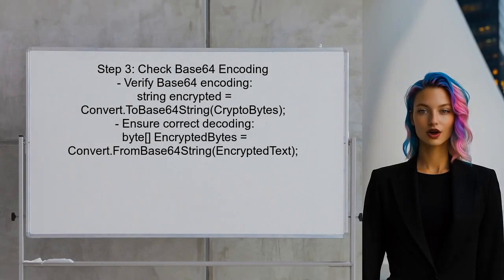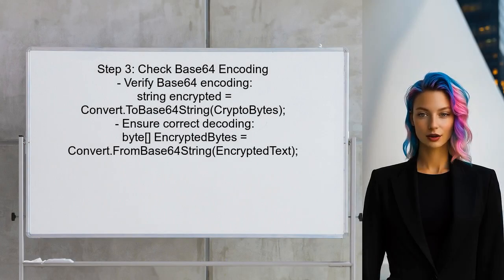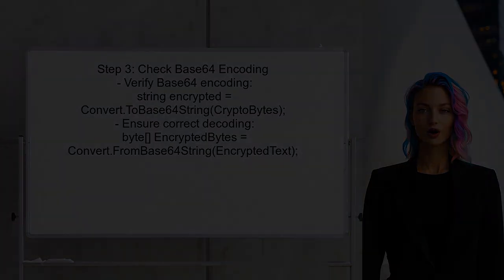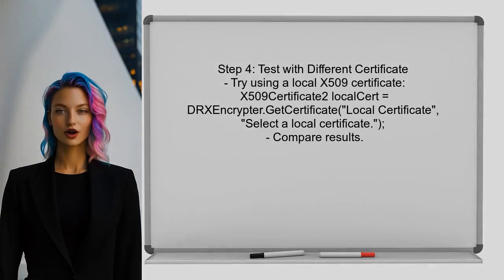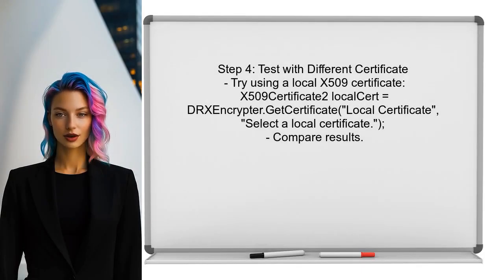The user should also check the base 64 encoding and decoding processes. Ensure that the encrypted data is correctly encoded before being passed to the decryption function. If the issue persists, the user may want to test the decryption with a different certificate. Since the user noted that decryption succeeded with a local certificate, this could indicate a problem with the smart card